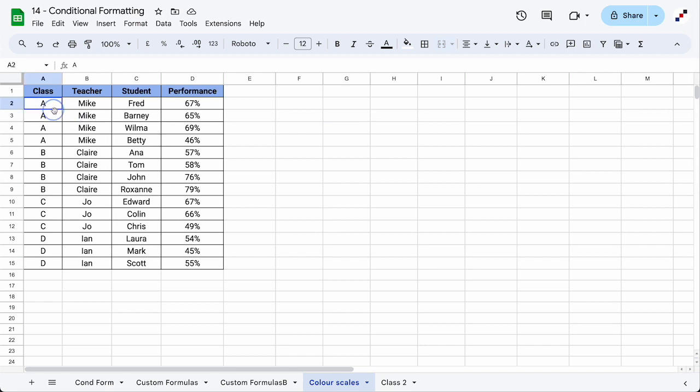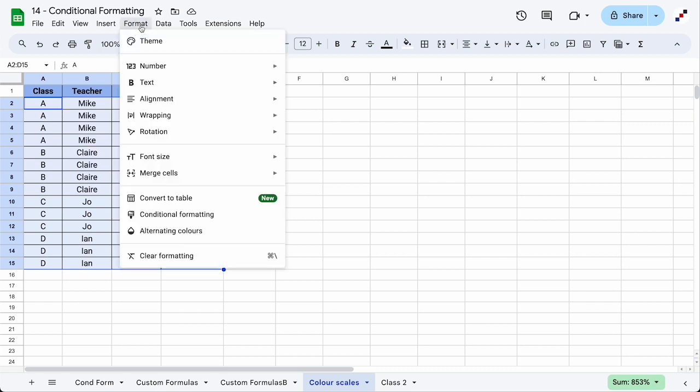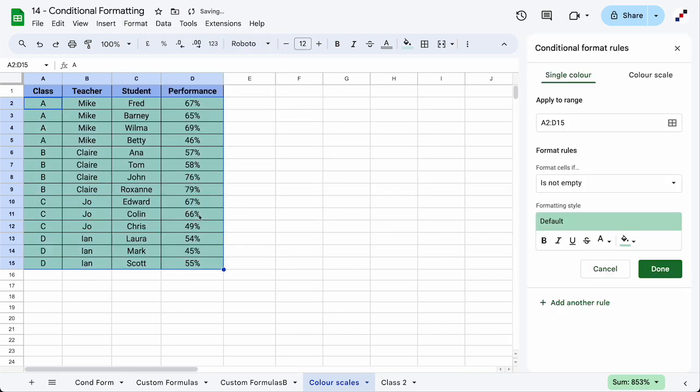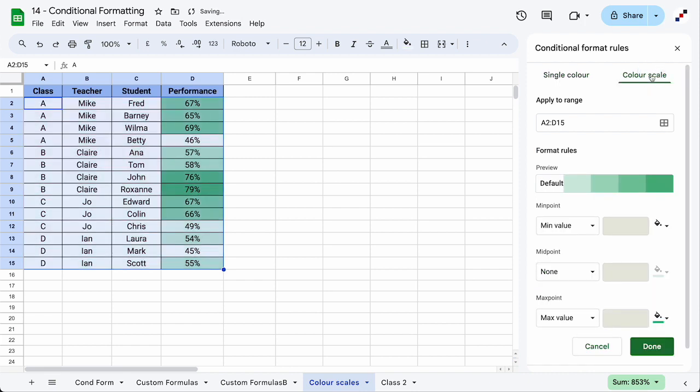Select the range and open the conditional formatting sidebar. This time, let's open it via the format menu and clicking conditional formatting. Then select the color scale tab. And this time we have different colored scales in the format rules section. As you can see, it's already colored the performance column,